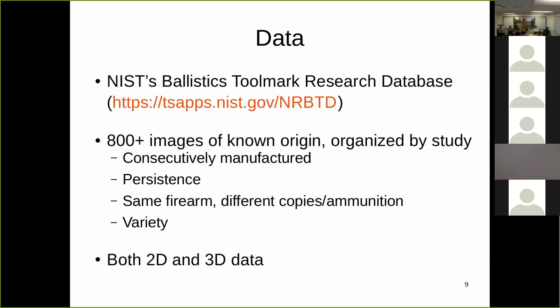Organized by study means there are various groups in the firearms community that conduct studies to investigate different hypotheses, and in the process they might have some collection of cartridge cases. They pass these collections to NIST, and NIST images them and adds them to this database. So I've listed some of the